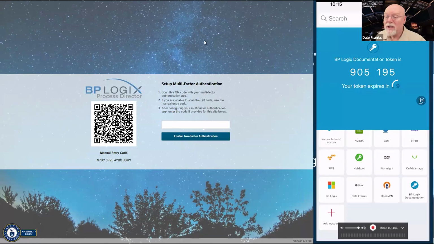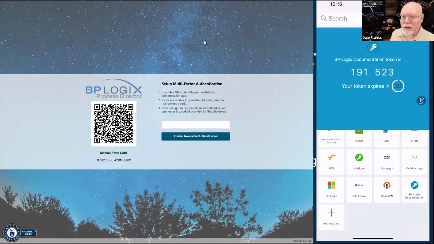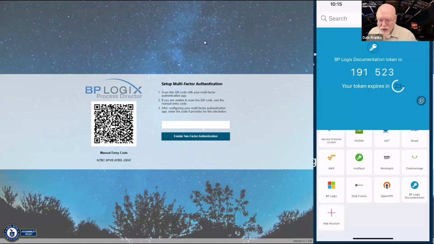So what I see now that I've been set up inside of Process Director to set up my MFA is that the user needs to create their MFA account to generate their login code. There's two ways of doing this. The easiest way, and the one I'll be demonstrating, is to use your phone or tablet's camera to read the MFA code incorporated into the QR code you see on the left side of the Process Director screen.